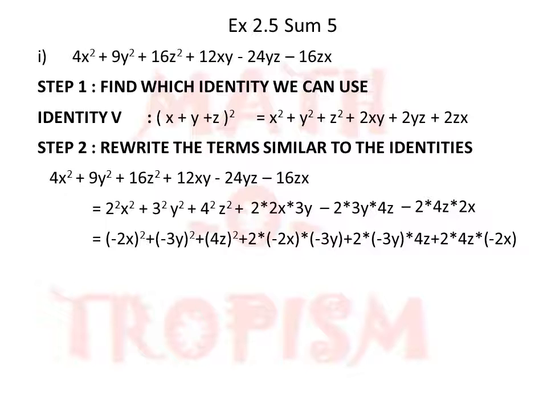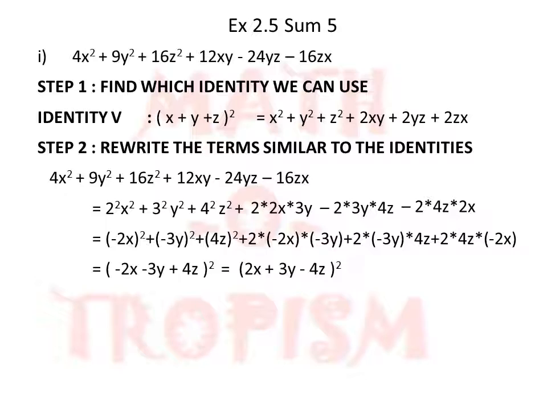So now I can see my answer will be similar to identity 5, where the right hand side is similar to what we have now done. So the left hand side also should come as the same answer. So x plus y plus z the whole square should be my answer. Here instead of x there is minus 2x, instead of y there is minus 3y, and z is 4z. So it comes to minus 2x minus 3y plus 4z the whole square. Since it's a whole square term, I can take the negative outside, it will become minus 1 the whole square, so it is positive. So this is the same as 2x plus 3y minus 4z the whole square.